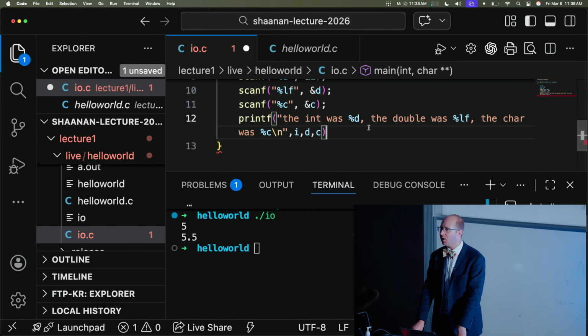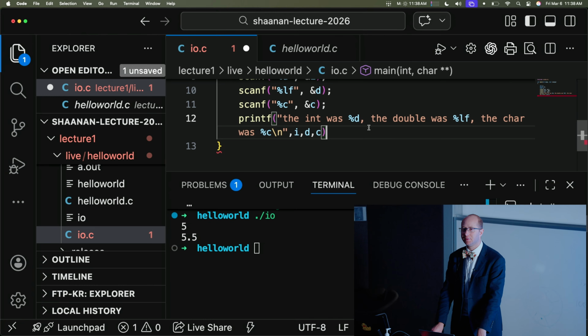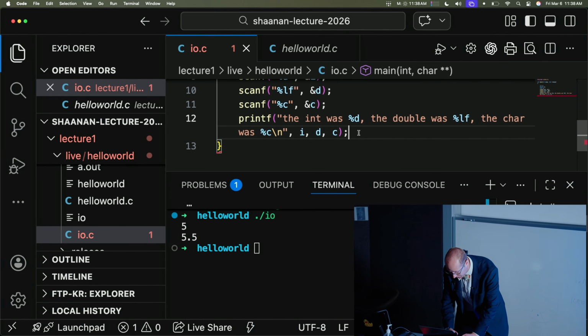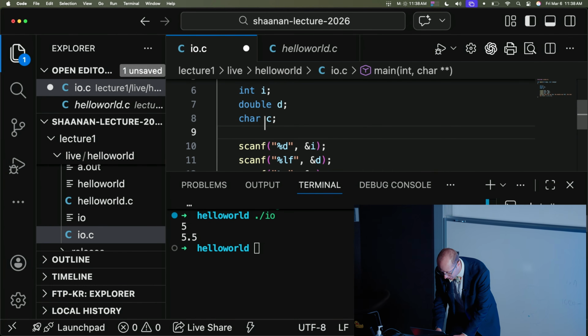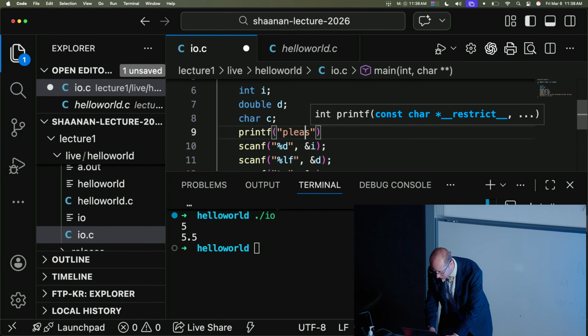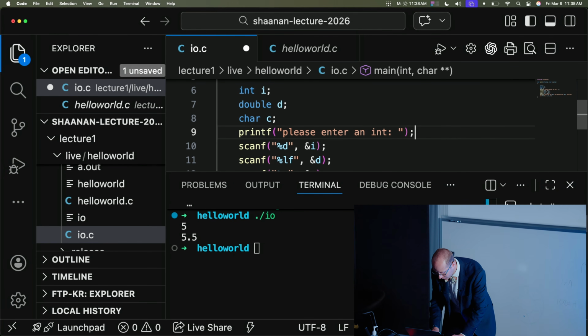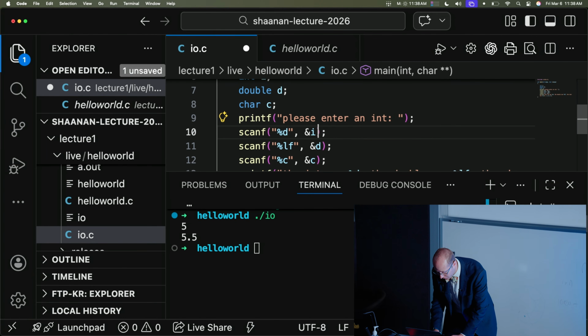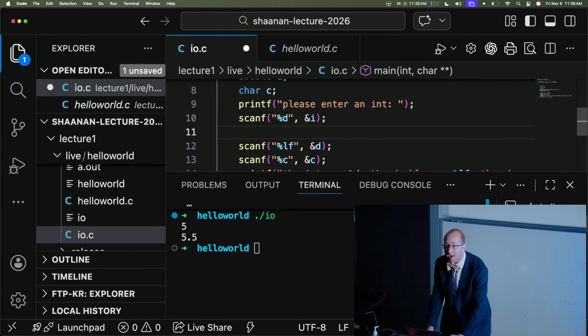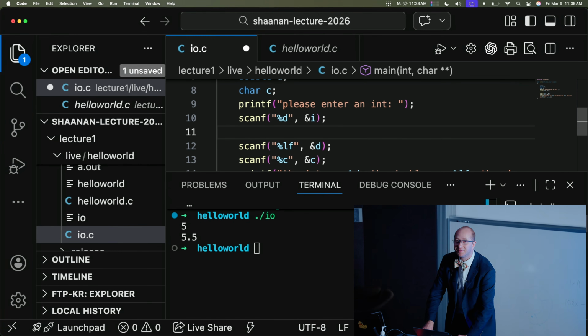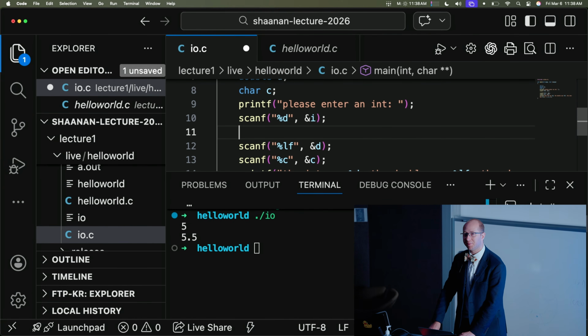And then at the end of the whole line, what am I missing? Semicolon. Okay, so put my semicolon in. And also, if I'm being nice, I'd probably tell the user, please enter an int here. And then what should I do over on this line? What should I write? Jen? So I just did please enter an int. What am I missing on this line then?